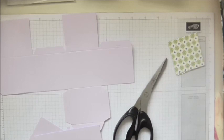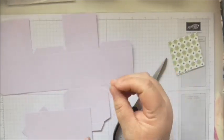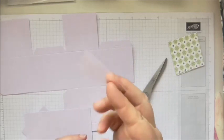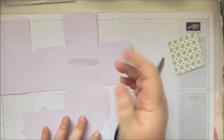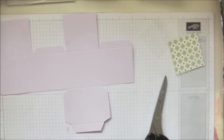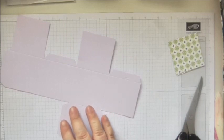Right, now the other thing that you're going to need is a piece of plastic. I just cut this from a little cello bag. You need that to be about 2 1/4 by 2 1/4. It doesn't really matter, as long as it covers up the hole we're going to punch in a minute. So now you get your bone folder,